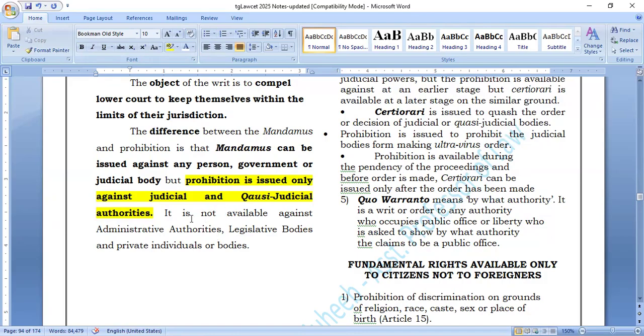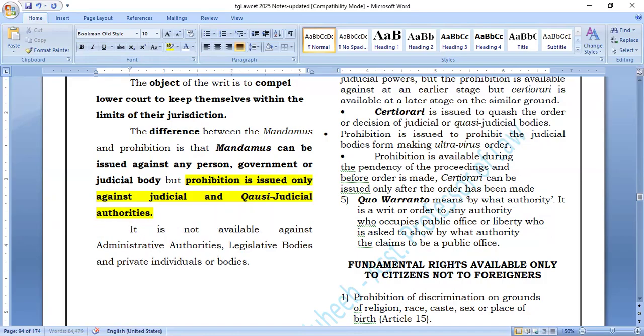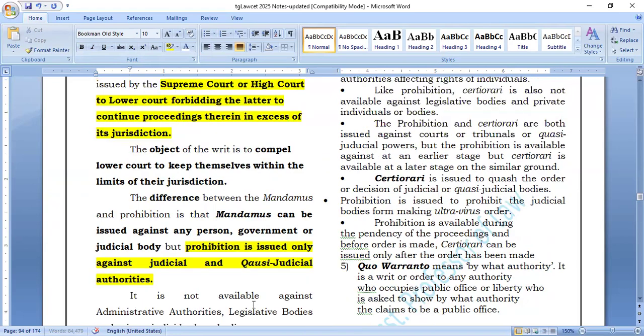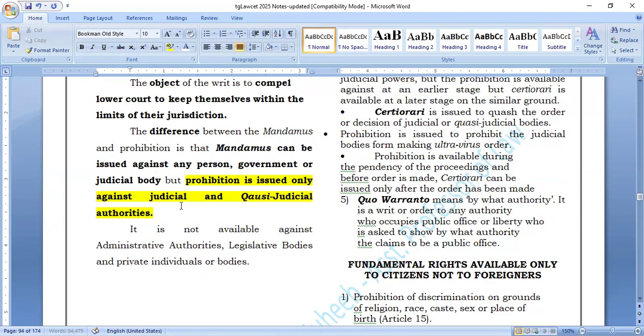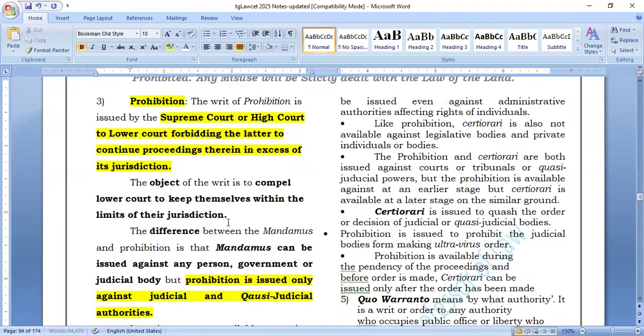It is not available against administrative authorities, legislative bodies, and private individuals or bodies. So as we said, the mandamus and the writ of prohibition. Prohibition क्या है? It's not available against administrative authorities, legislative bodies, and private individuals. It is available only against the courts, the inferior courts. Okay. It's very, very important. We have completed the prohibition. Next we have